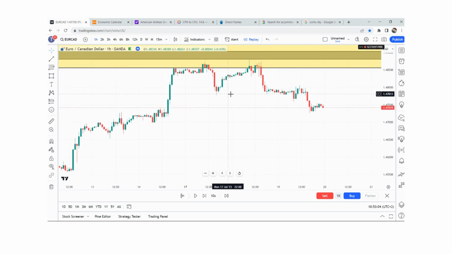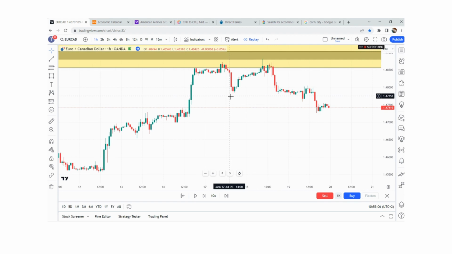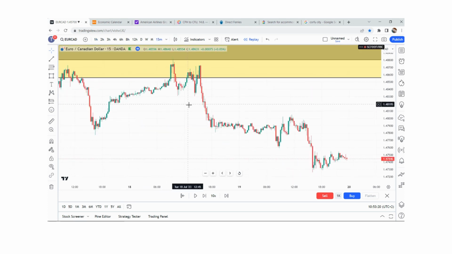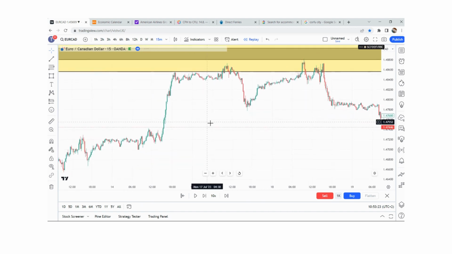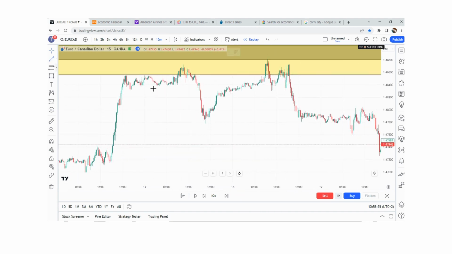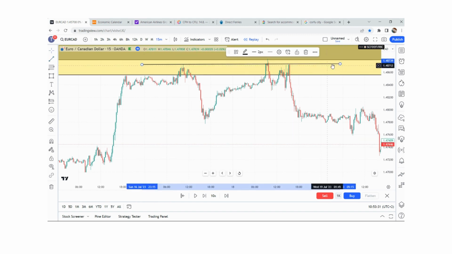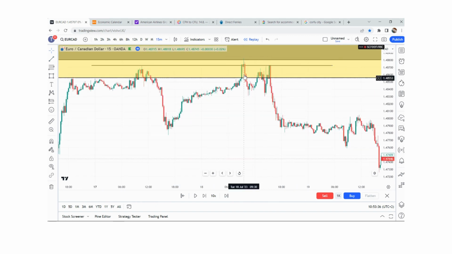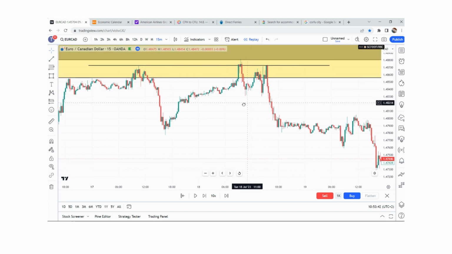So this is where, when price tapped into the 1 hour supply zone, we wanted to go to 15 minutes or 10 minutes to look for an entry. So I think it was on 15 minutes. So let us go there. So as you can see right here, this is where the early sellers were on the 1 hour supply zone right here, and as you can see, price tapped into the 1 hour supply zone here and immediately reversed, and a new supply zone was created